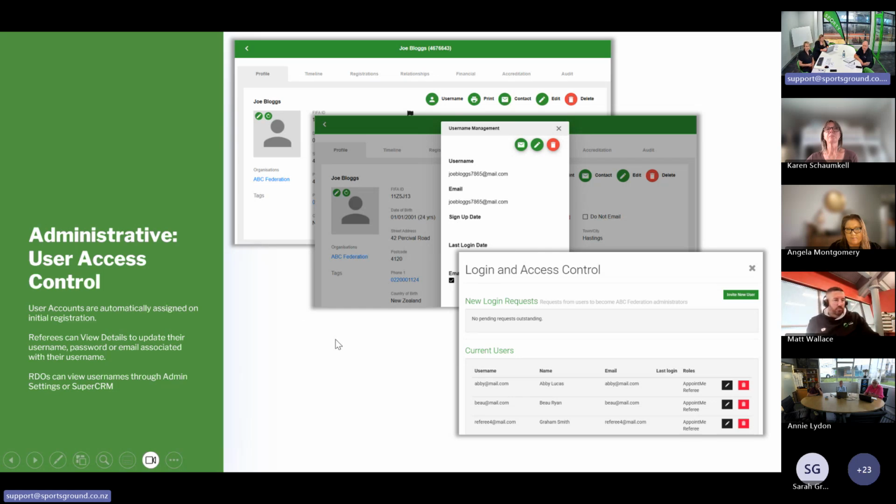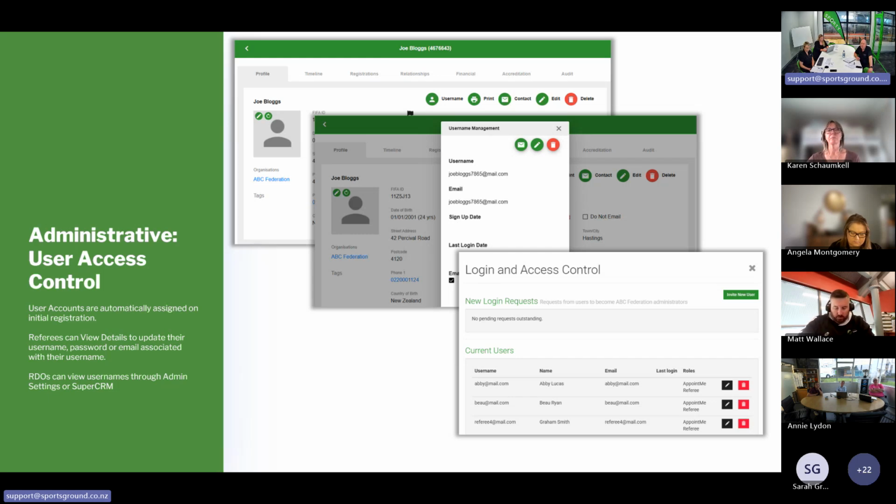So this again is the decision with regards to the access level that's given to the appointment officers and managing their referees. So these functions happen in Super CRM. Sorry, I should have mentioned that when I was talking about vocabulary: Super CRM is the database of all registrations within the Sporty system. It gives a view across anyone that is registered, so that will also give the view through historic registrations following the data migration. So you'll see anyone who's ever been a referee will become visible in here.